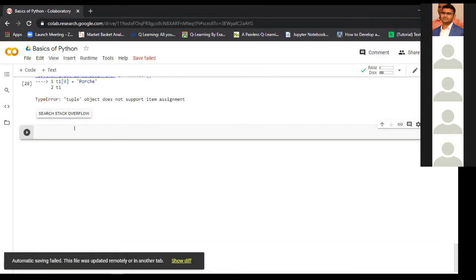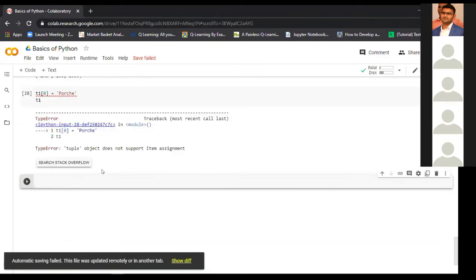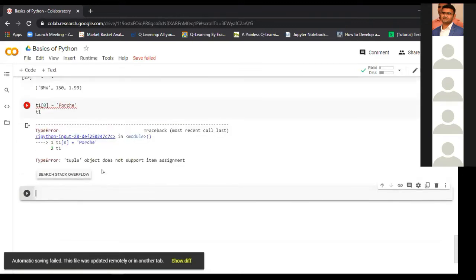Now, there are a few methods that are present for all the iterables. One is the count method. If you want to see how many times a particular item is present in that iterable, this count method is valid for all the iterables, from string to all the collections like list, tuple, set, and dictionaries.